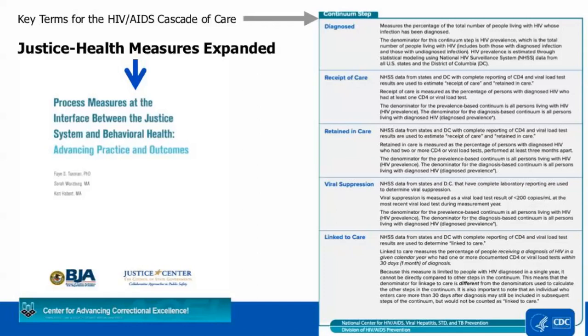Now, as I said, Sarah Wasberg, Katie Halbert, and myself produced a document that's called the Process Measures at the Interface of Justice and Health, Behavioral Health, and we refer to these as Justice Health Measures. They map onto some of the CDC ideas for HIV, but we expanded them out a bit. You can also get this awesome document on the website of CSG, and if you need help doing that, I'm sure Sheila is happy to send along all the links for that.